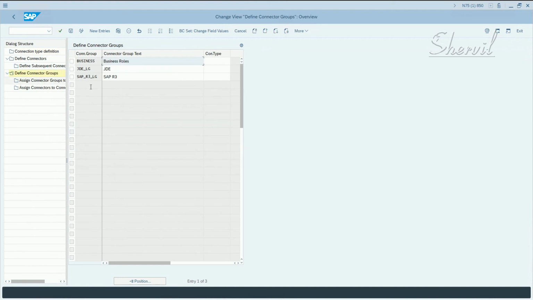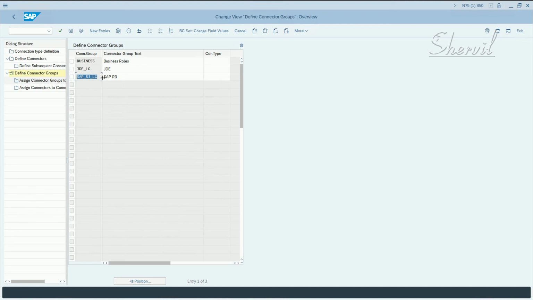SAP will give you the three connector groups, and these are the groups based on which your risk analysis is performed. Each of the rule sets that SAP brings in is configured for this connector group. If you create your own, all the rule sets that you want to be part of that group need to be configured.